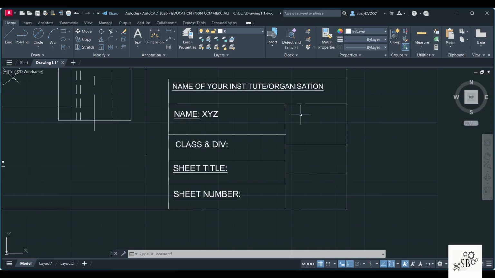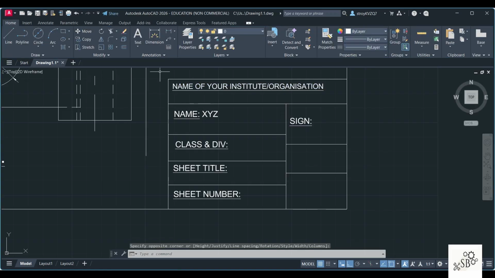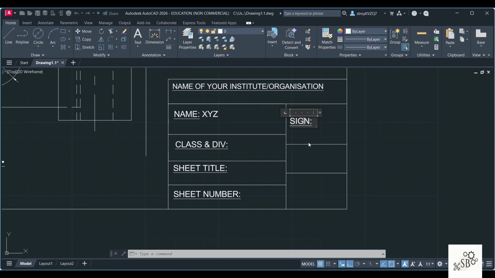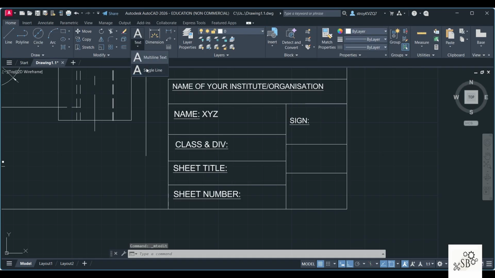Then I will create this part. So I'll go to text, multi-line text. Here say you're creating a space for the signature. Control A, the size and underline. Now this height again you can decide. The reason being this is looking quite larger and it seems to be less, so I can change this to 3 also. This you can do as per the space available, so it looks better.